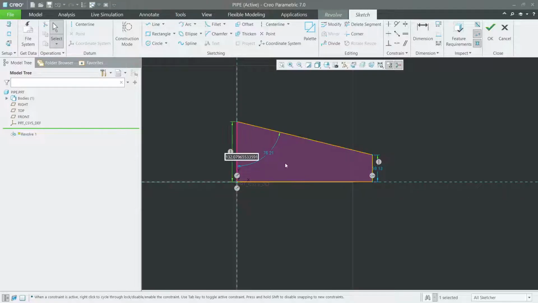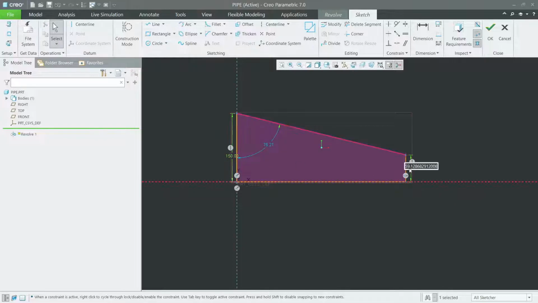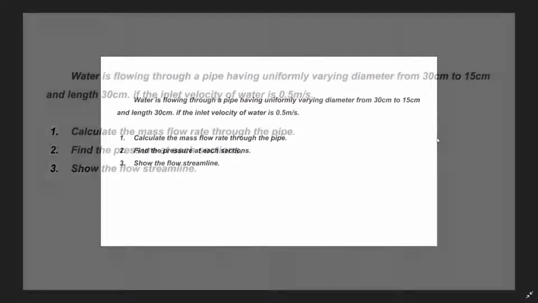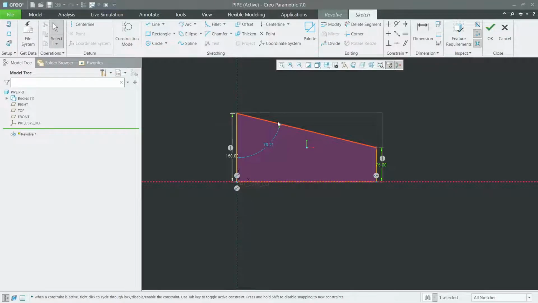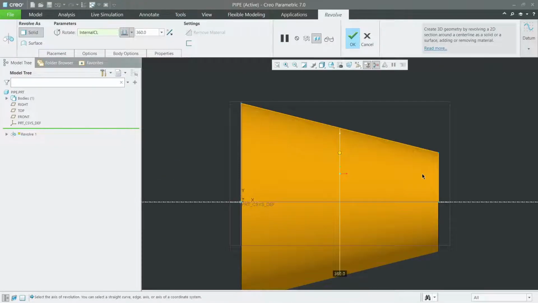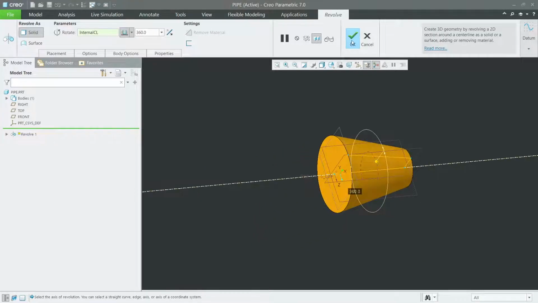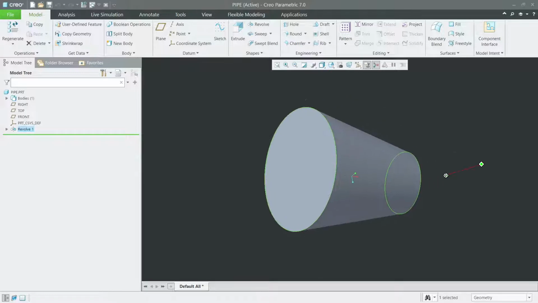Okay, so here the diameter is 30 centimeter, that means 300 millimeter. So the radius will be 150 millimeter, and here it is 150 millimeter diameter, so the radius is 75, and the length of the pipe is 30 centimeter, that means 300 millimeter. Just dimension that line 300 and create a center line to revolve. Click on OK. Now the part is completed, but it should be hollow one, so